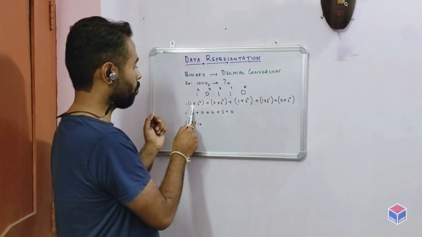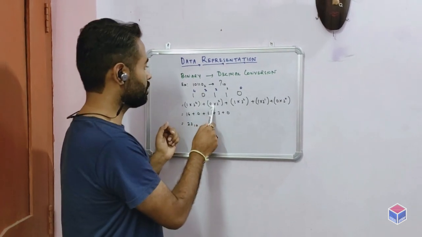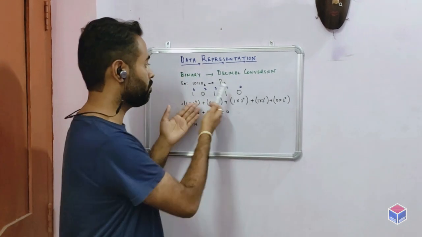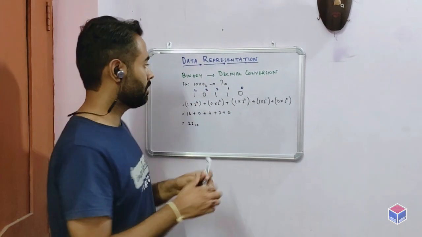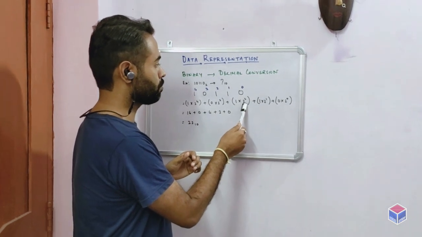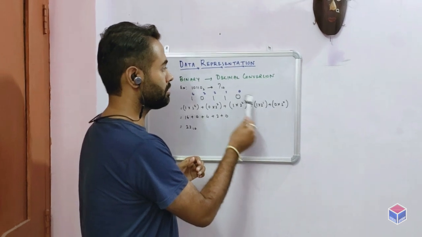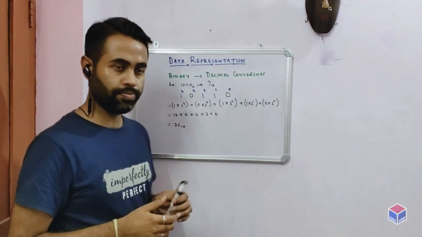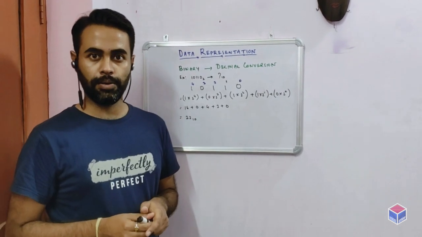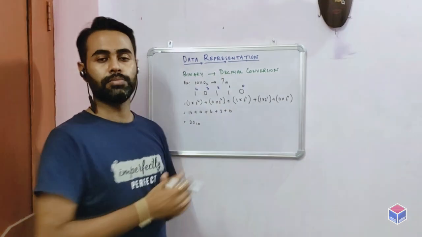Now, as we have given the positional values of the power, the first value is 1, so 1 into 2 to the power 4. Next is 0, 0 into 2 to the power 3. As we know, 0 multiplied by any number is 0, but still I am showing it so that you can understand. Then 1 again, 1 into 2 squared, then 1 into 2 to the power 1, then 0, 0 into 2 to the power 0. Now when we add these values, we get 22 base 10. So this is how we convert a binary number to a decimal number.